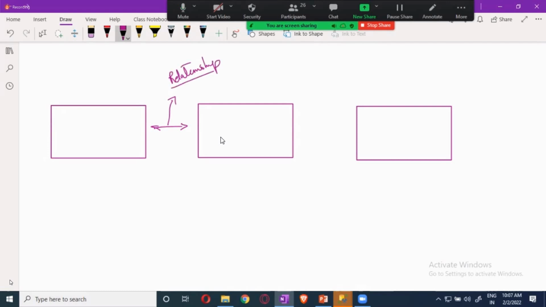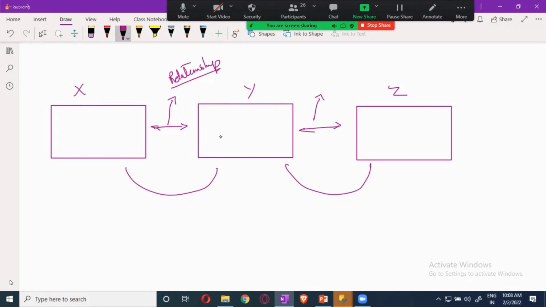If I take this as table X, this as table Y, and this as table Z, they establish relationships: these two are related, and these two are related. The advantage is that related tables are interdependent. That is the meaning of relation.